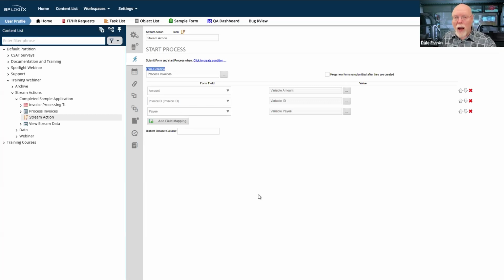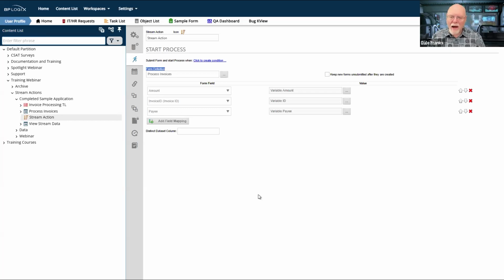We can grab that data usually through a business value, which means we can grab it from an external database, from existing form instances, from a REST service, and technically, I suppose, from a knowledge view as well. It allows us to pull that data in, whether it's from a database or a REST service or wherever, create the form, and then submit the form just like a normal process.